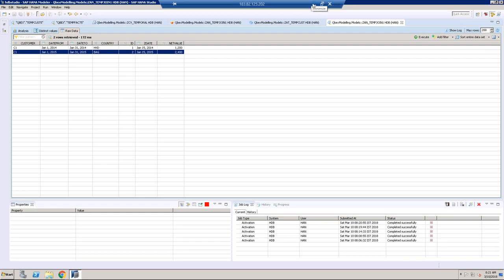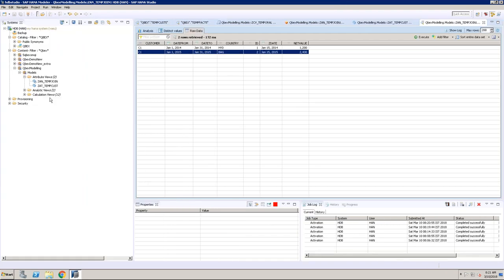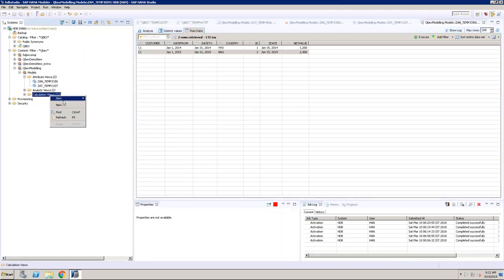Sir, in the latest versions we use only calculation views, right? In that case, we cannot use referential join as well as temporal joins in calculation views. I mean, in the latest versions we use only calculation views. In calculation views, we cannot achieve temporal join functionality as well as referential join functionality. Actually, I told you, in calculation view,